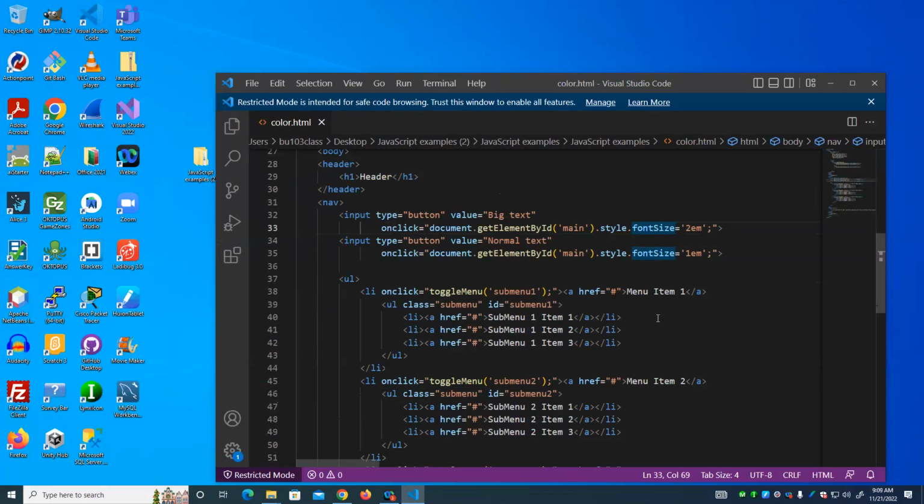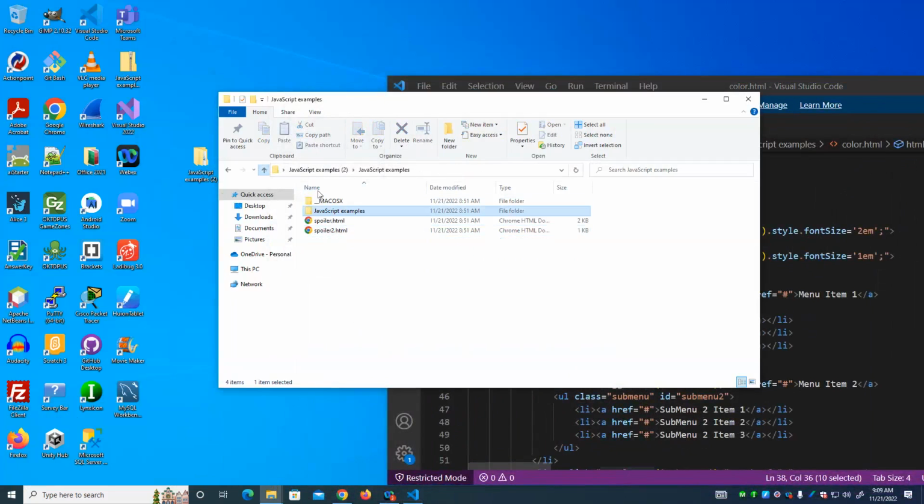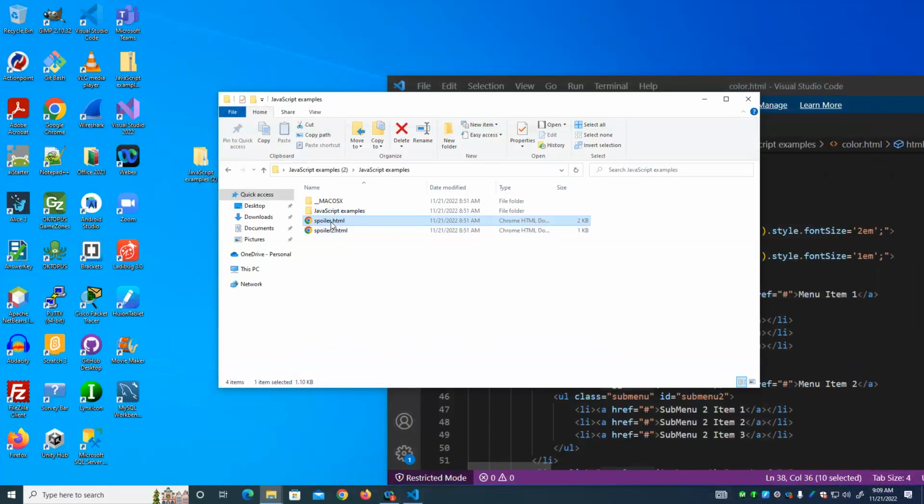All right, we do something a little bit different for the click. We call something called toggleMenu. toggleMenu is what's called a function. A function allows us to take code and reuse it. For example, in our spoiler example, where we show and hide the code, or we show and hide the spoiler,